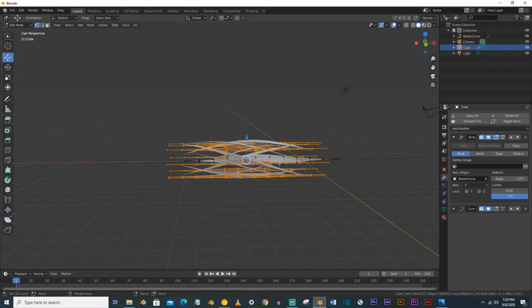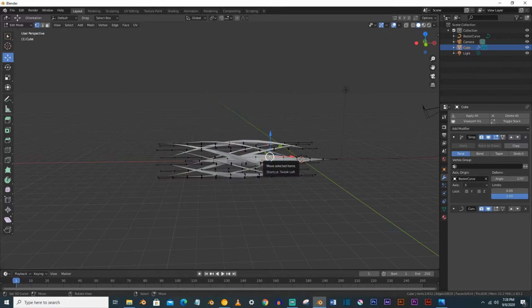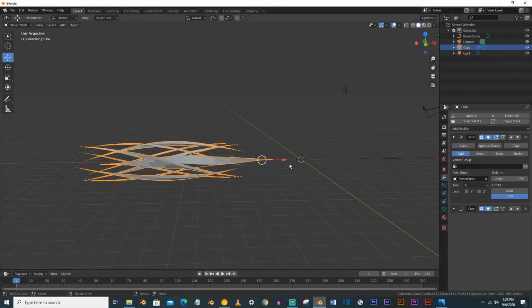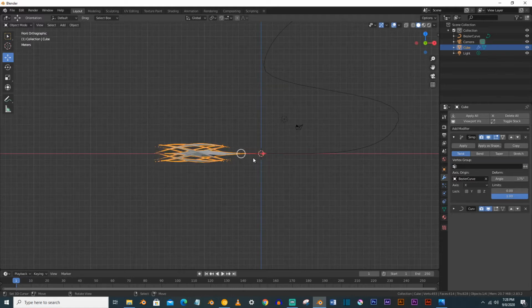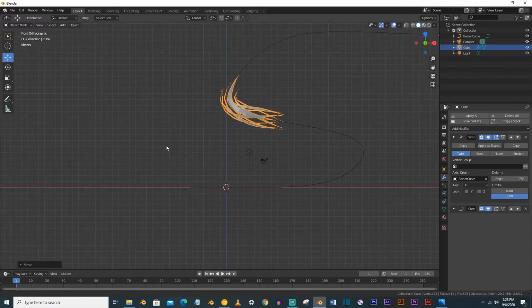Go to the edit mode and just move it a little bit backward, select only the middle one, and scale it up a little bit like this. So this is our crystal.